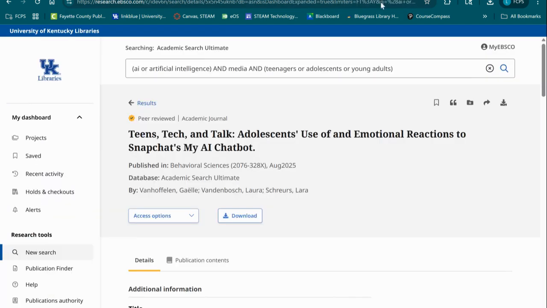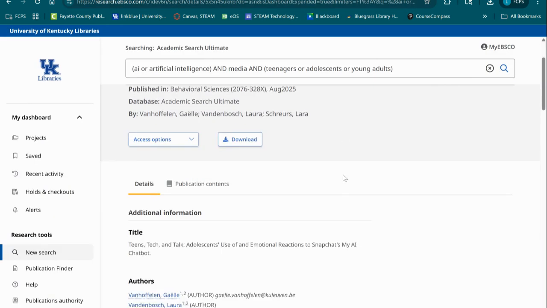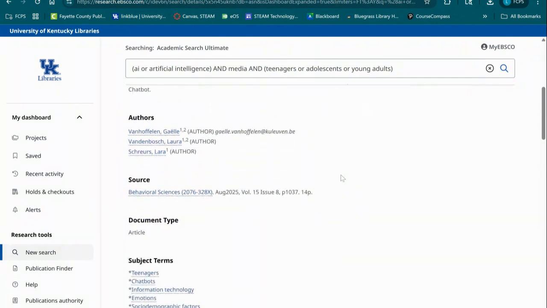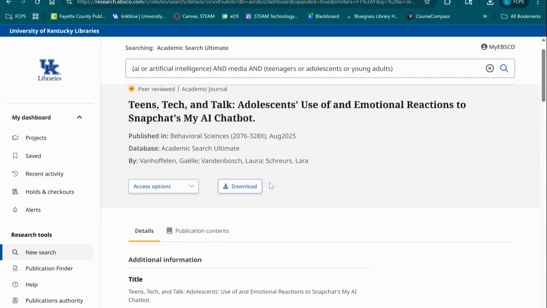So if you go back to this example here, all the publication information that we need is listed right here. So I have my author's names, I have the journal, I have the date of publication, this is the volume, and this is the issue number. It starts on page 1037 and it's 14 pages. But since